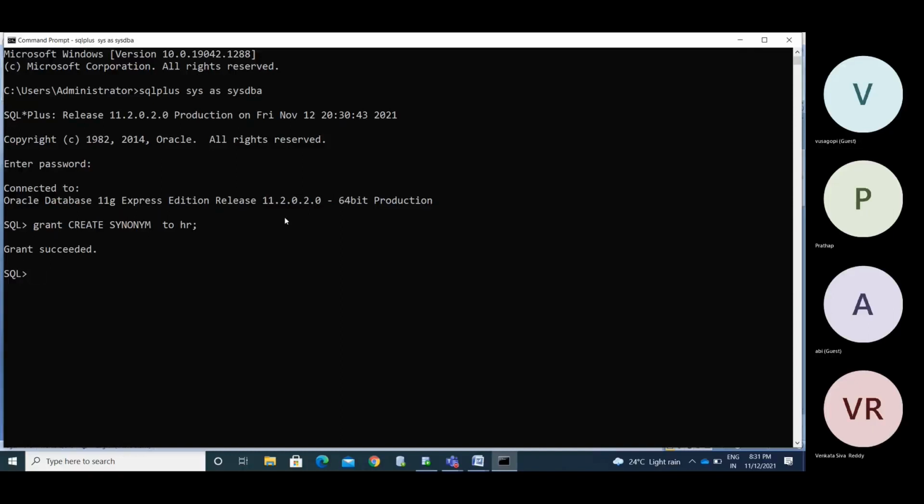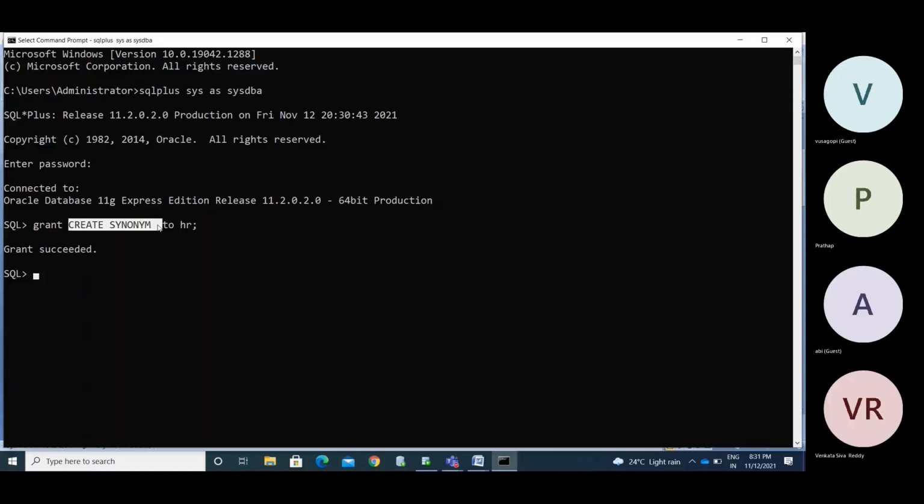Got it right? In a similar way, if you want to create a synonym, you need the create synonym privilege. Okay, if you want to build your house in your own place, there is no need to take approval. If you want to put money in your racks or box, there is no need to take any RBI approval.